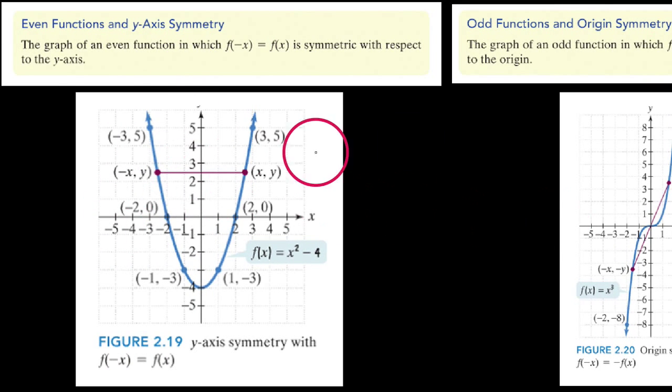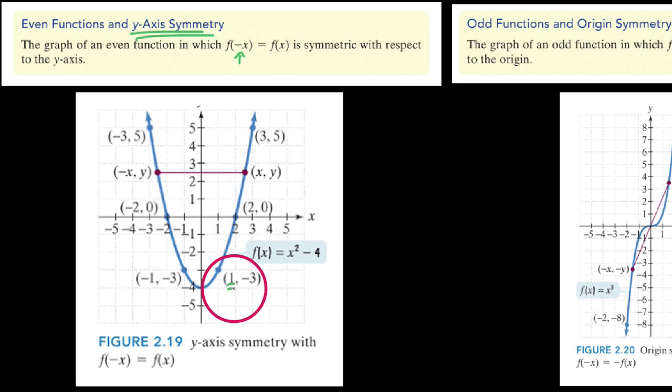So really quickly, what I want to do, hopefully quickly here, is explain what we notice when we look at graphs of even functions and odd functions. And I'll just come out and say it. Even functions always have y-axis symmetry. So when we want to talk about why we have y-axis symmetry for even functions, it's because of this. Essentially, when you look at this graph of x squared minus 4, which is an even function,